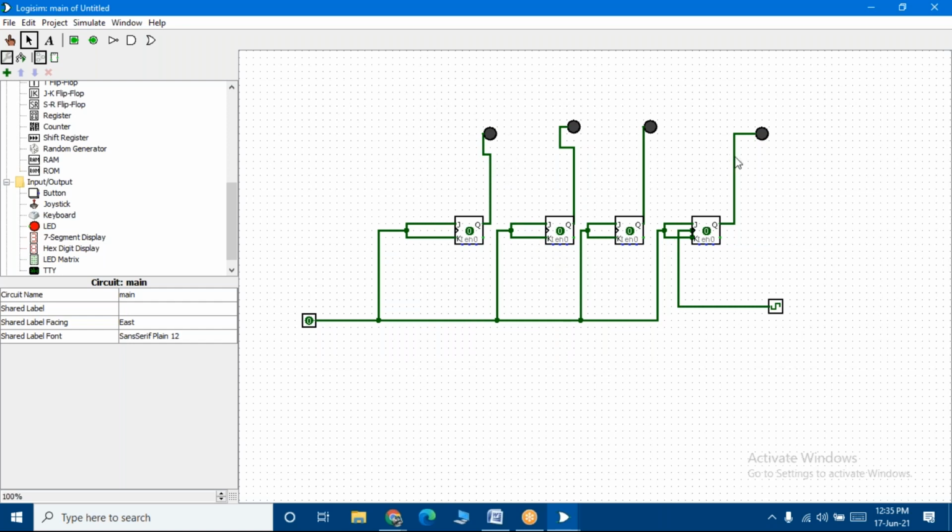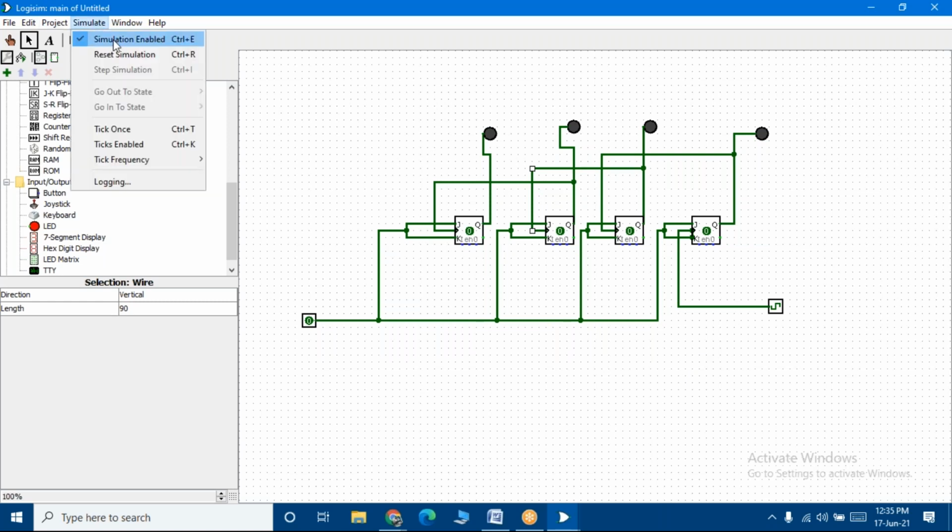That's it, right? Now this becomes my clock input, and this becomes my clock input, and this becomes my clock input. So I've done with the connection. Now what should I do? Go to simulate, click on tick once.